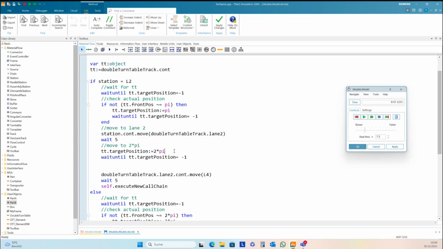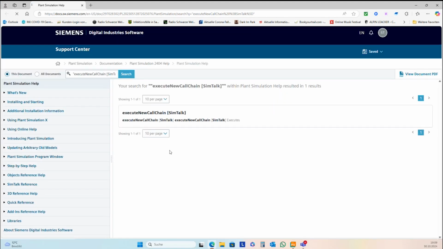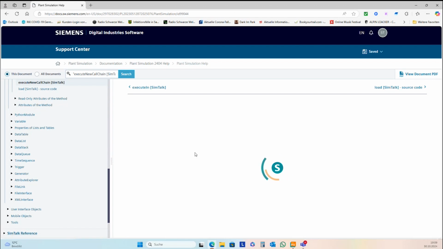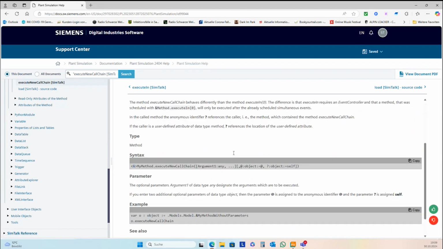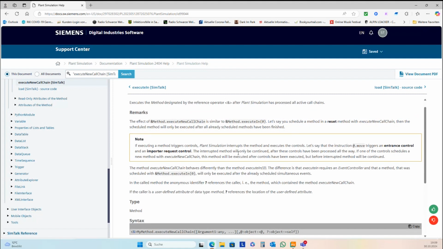Target position again is movement, and then we move the parts to L4. It's not really complicated here. And you can check all the methods or commands just by pressing F1, and then the help of Plant Simulation should open, and you get the extended description of each of these commands.